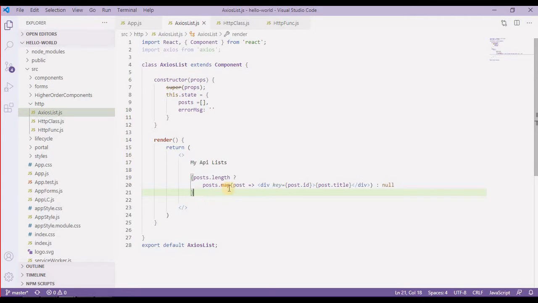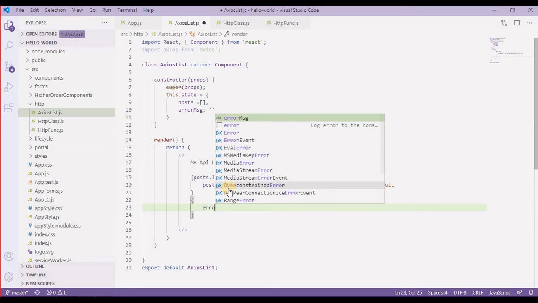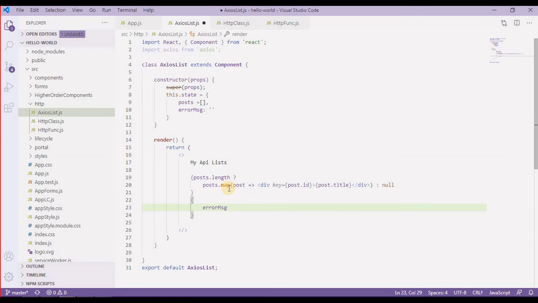After that I'm going to have another operator over here. If there is an error message, I'll simply return a div which will say the error message, and otherwise null. Alright, so we have declared all these from the state, but we are not using this.state yet